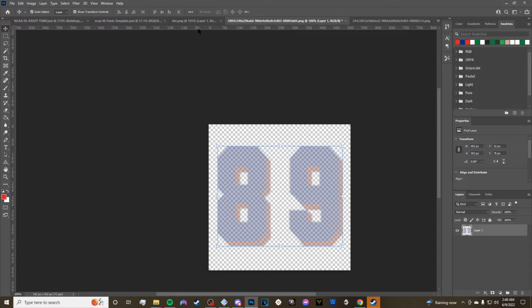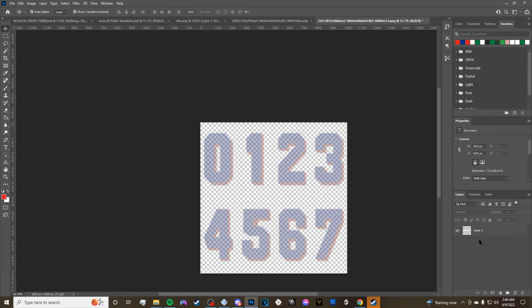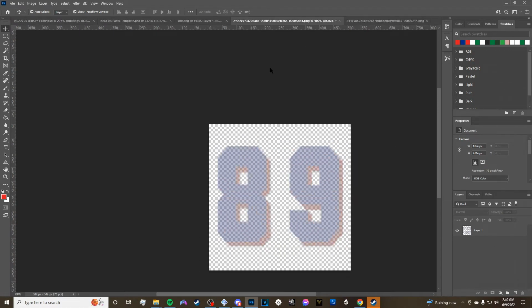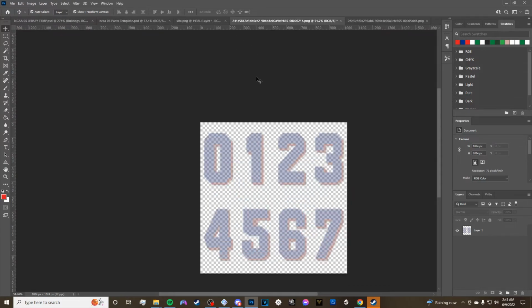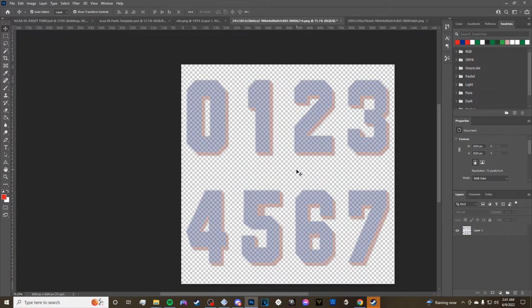Now, this is where the opacity helps you a lot, because now you can just go on there and put whatever you want on top of it. So this is going to be our layer, right? And I'm just going to move this right here because 0 through 7 should go first. And what you're going to do here is you can put a font in the game. You can put any font you want. I have College